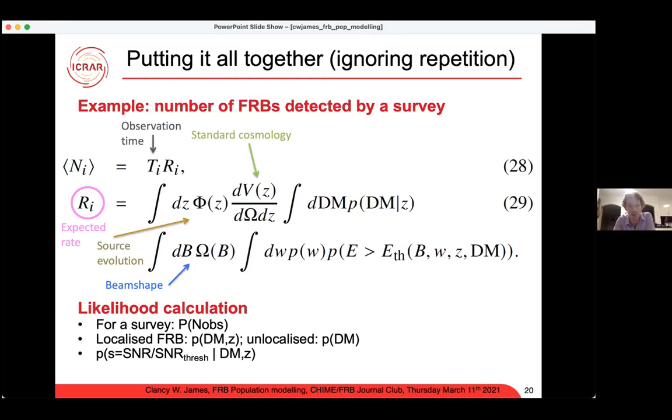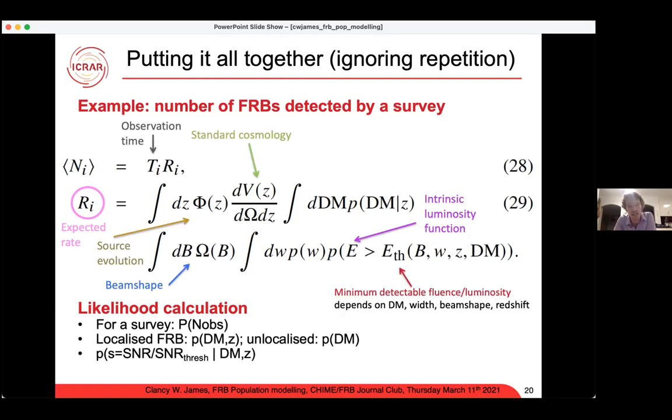How much of the sky is here at what sensitivity. Then you need to work out what fraction of your intrinsic luminosity function you're sensitive to, which is a function of your detection threshold, right? But that detection threshold depends on where you are in your beam, the FRB width, and obviously, if this is the intrinsic function, your redshift and your DM. So you need to integrate over your burst width distribution and your DM distribution, right? And then you do that integral in some annoying numerical Python thing that takes up way too much computer time, but you'd be thankful for NumPy optimization. And then you can get an expected number of FRBs in an observation.